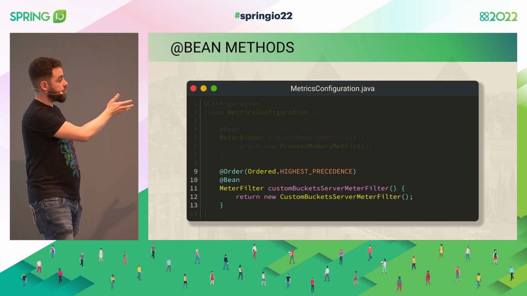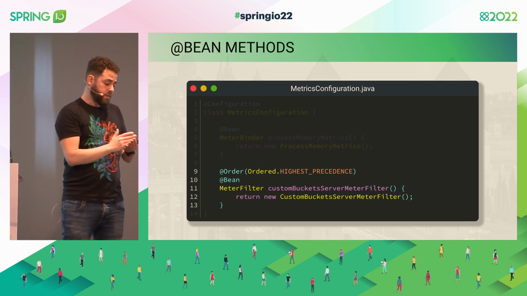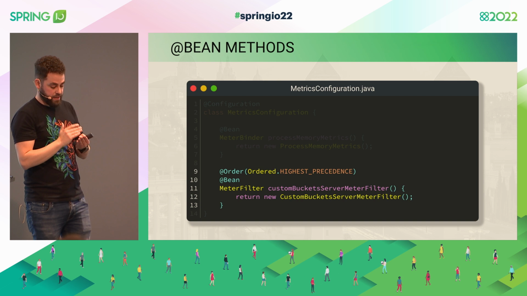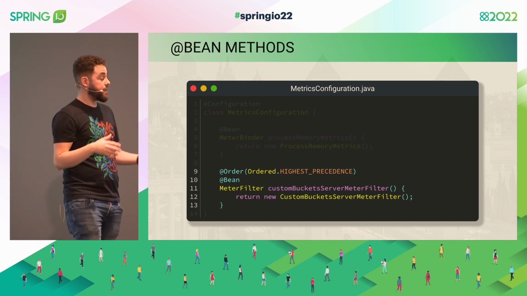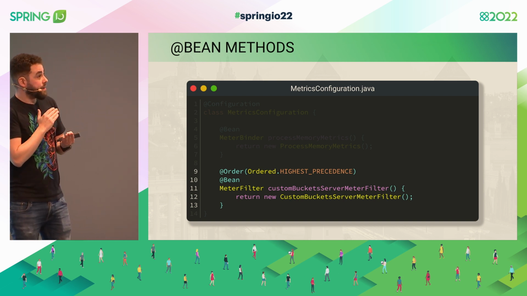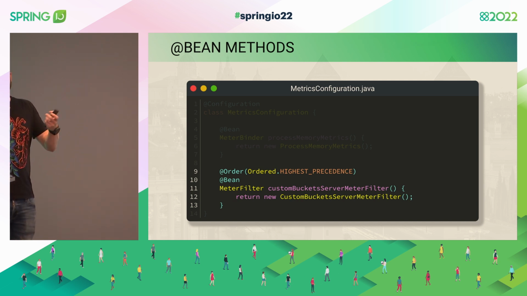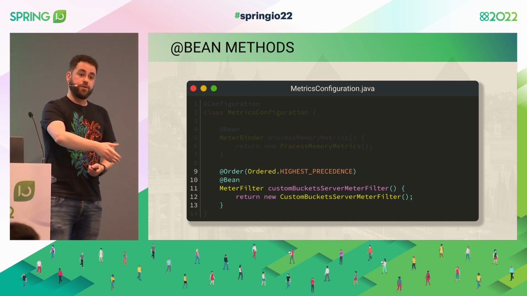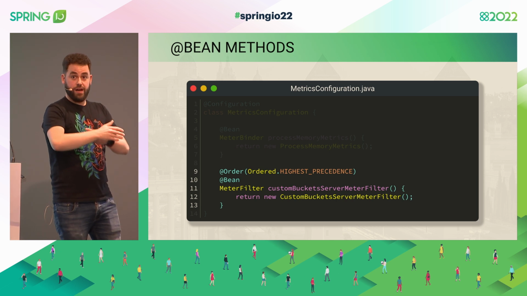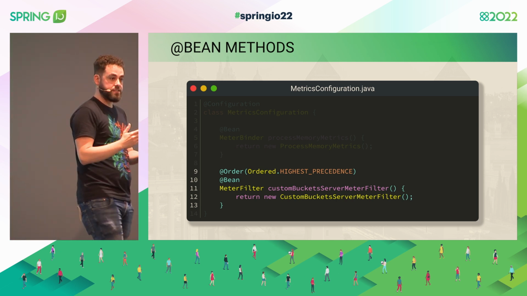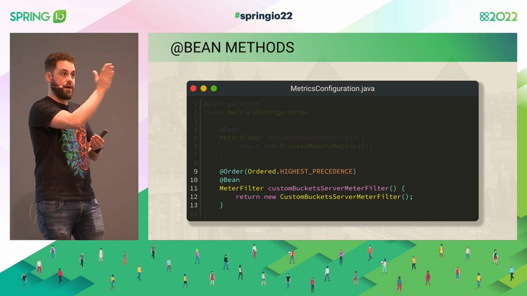So for example, here, what we're doing is, I care about the metrics. I care specifically about the latencies of the server or the client. And I want to record them in a particular way. So we are going to use a histogram, so we can then calculate percentiles, and we want all these histograms from hundreds or thousands of different instances to use the same values for the buckets that they are creating.